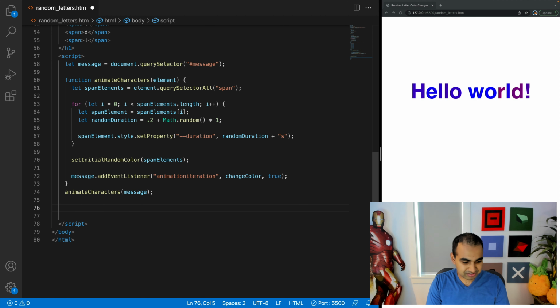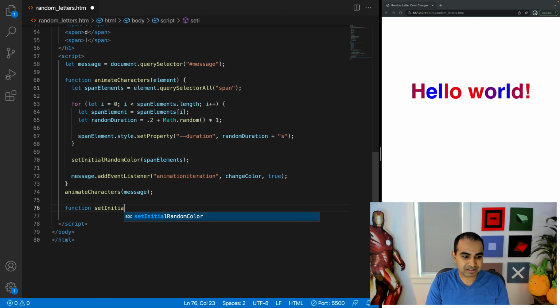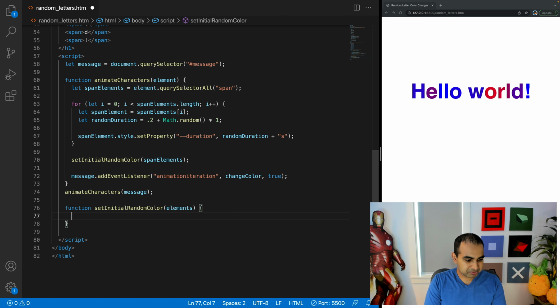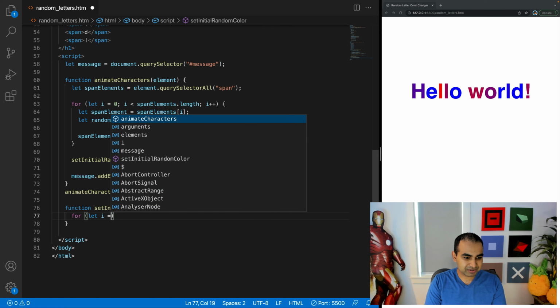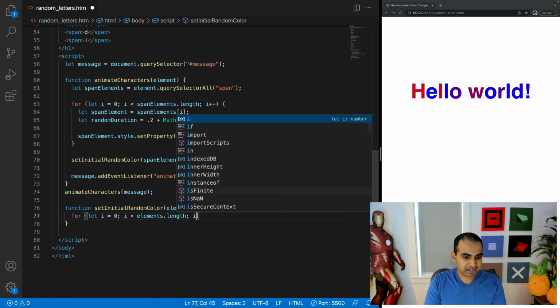So the first thing I'm going to do is the first set initial random color. Function setInitialRandomColor, and elements is the argument. And so what I'm going to put here is for (let i = 0; i < elements.length; i++),